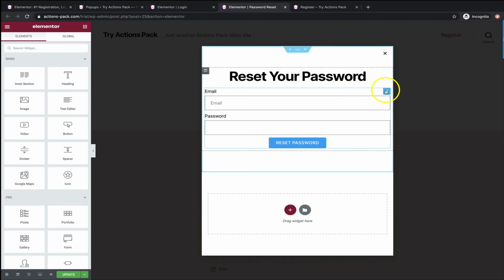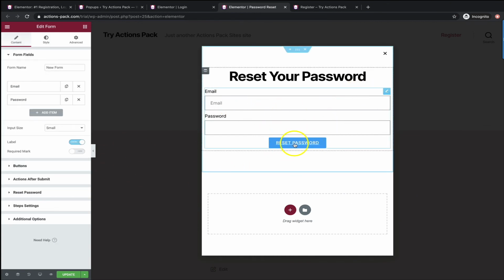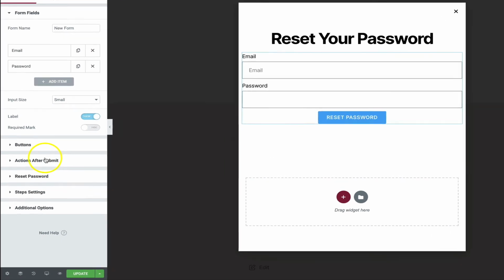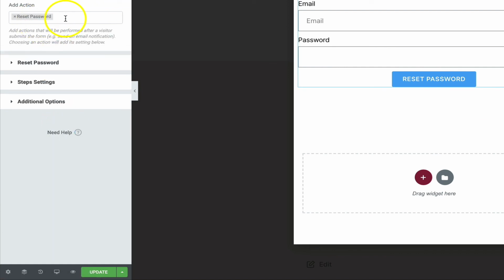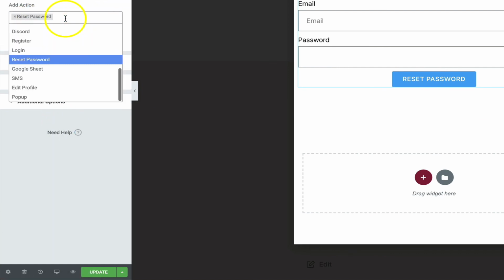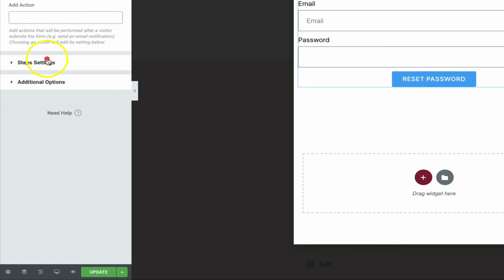And now the important step becomes what happens here on the reset password, the actions after submit. So effectively, what happens after someone clicks this button here. Because of the Actions Pack plugin which we have installed, we can now choose the reset password option here.